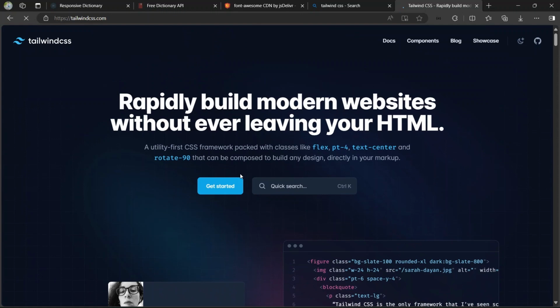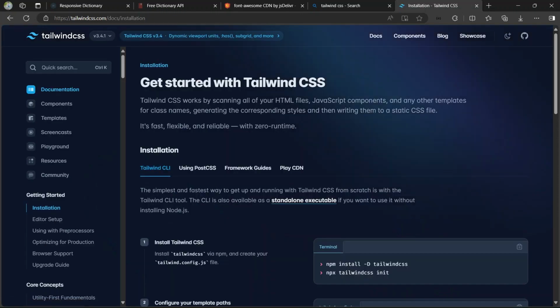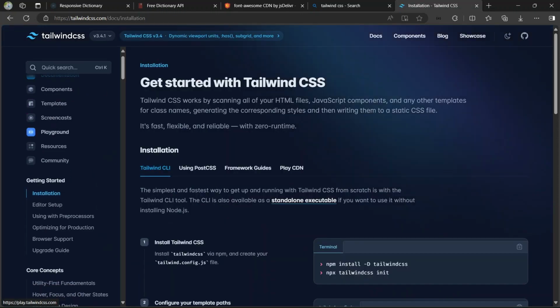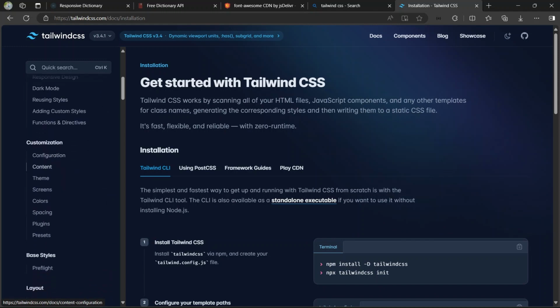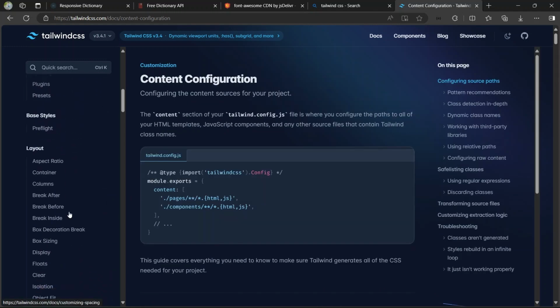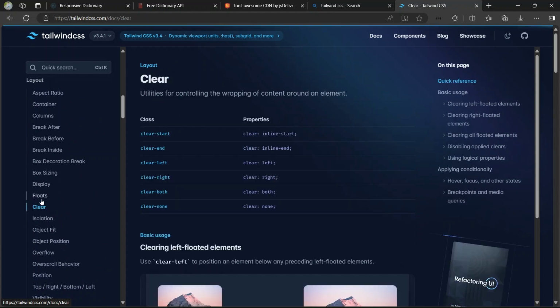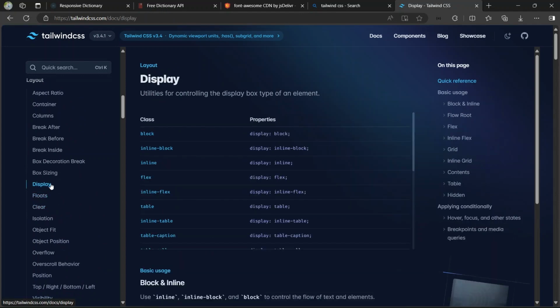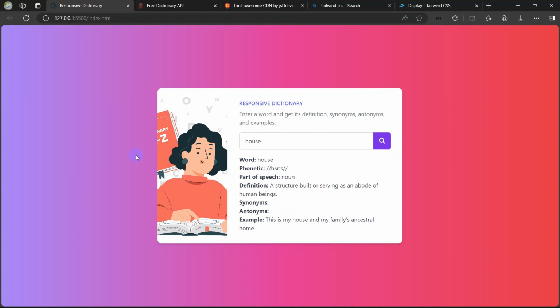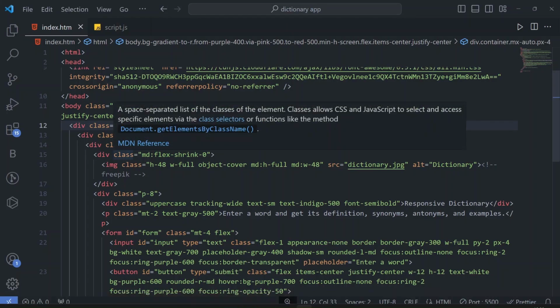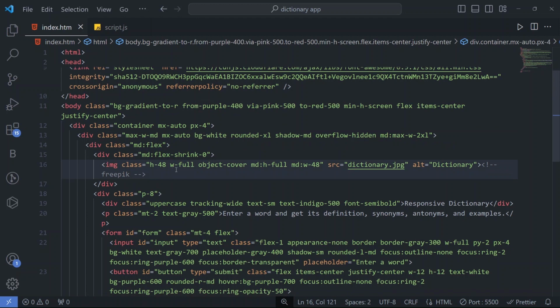When you go and get started, you will get all the classes, see, so clear, float, display. So you can see that the display flex that I have told you now, this is what we are going to use in our HTML file, and then in this div we have